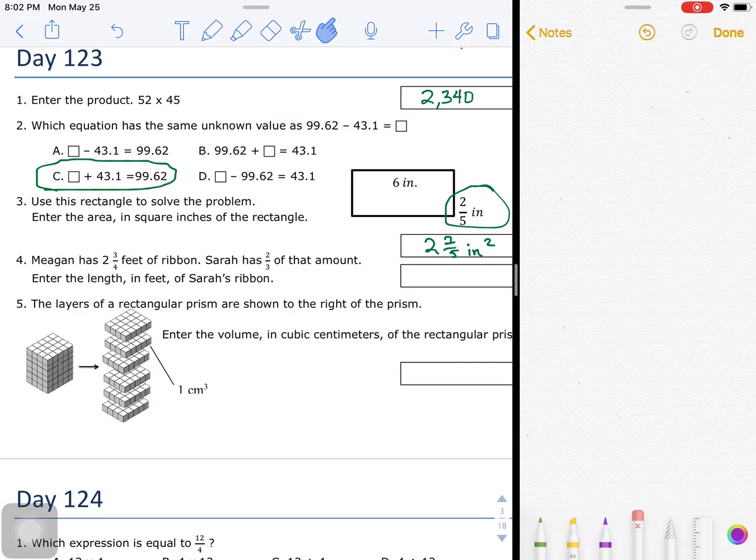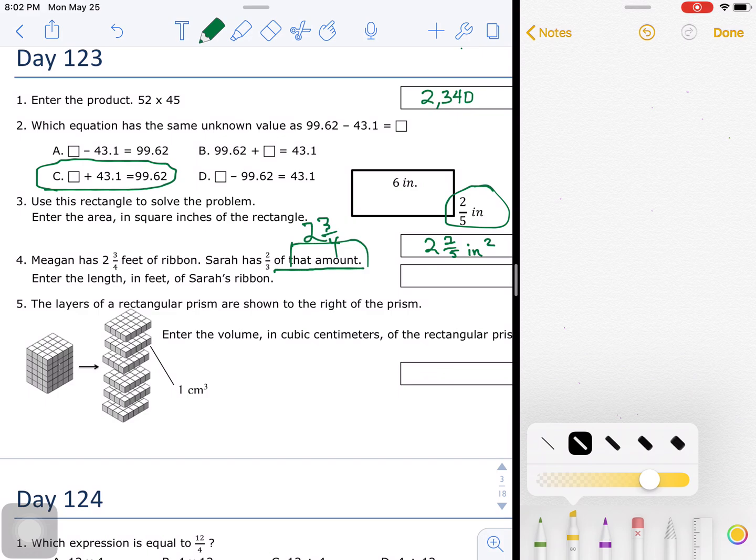So, all right, number 4. Megan has 2 3/4 feet of ribbon. Sarah has 2/3 of that amount. Enter the length in feet of Sarah's ribbon. So, 2/3 of that amount. The question is, what is that amount? And it's Megan's 2 3/4. Okay, and here we know that we can convert the word of into a multiplication. So I have 2/3 of